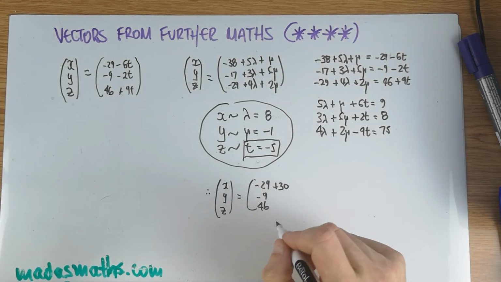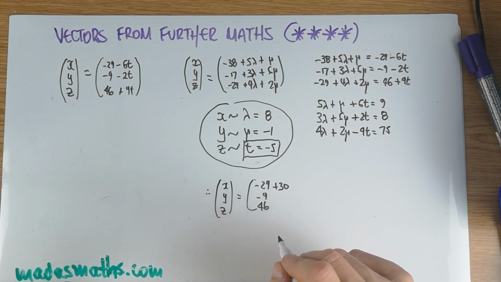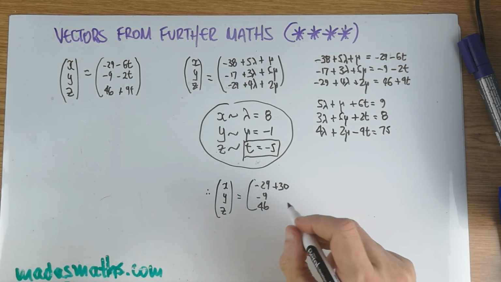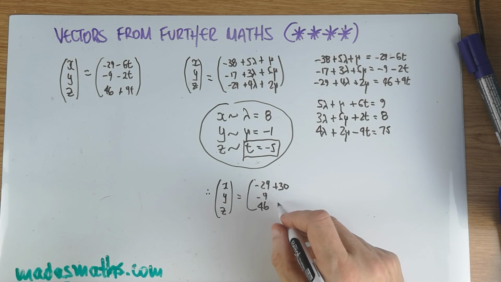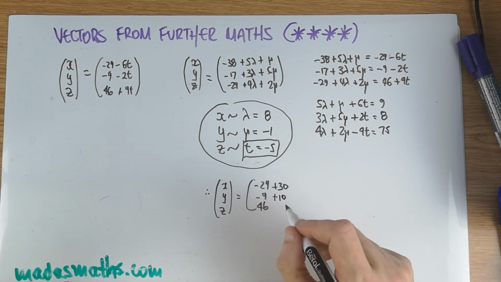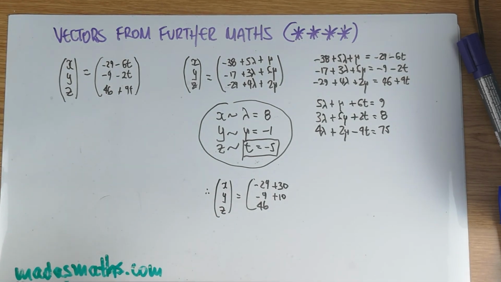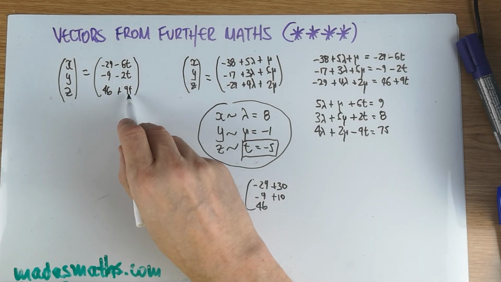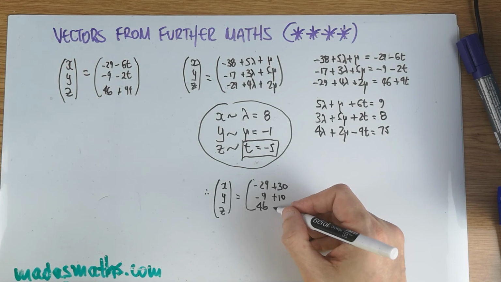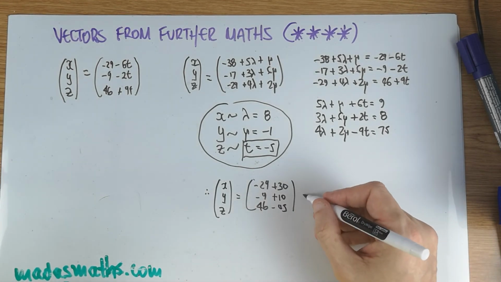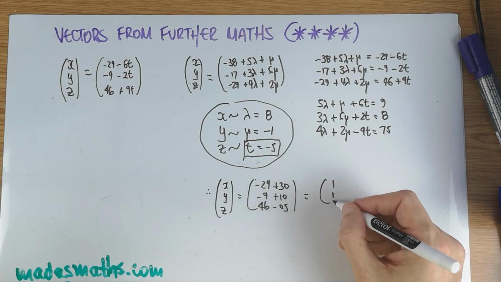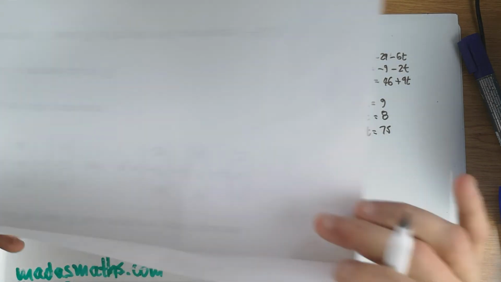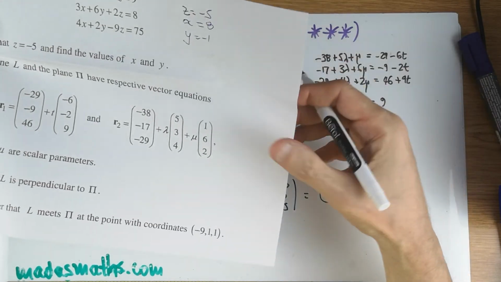Yep, okay, plus 30, and then we've got minus 9, and the t is minus 5, so it's going to be minus 9 plus 10, and the 46, 9 lots of 5, sorry, negative there, so there's going to be t negative 5, 46 minus 45, so it's going to give us the coordinates 1, 1, and 1,